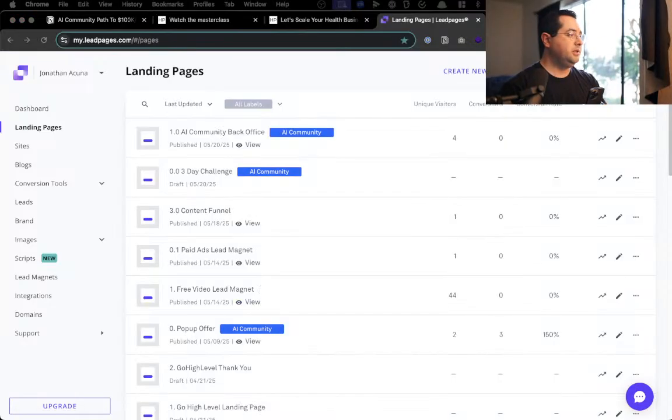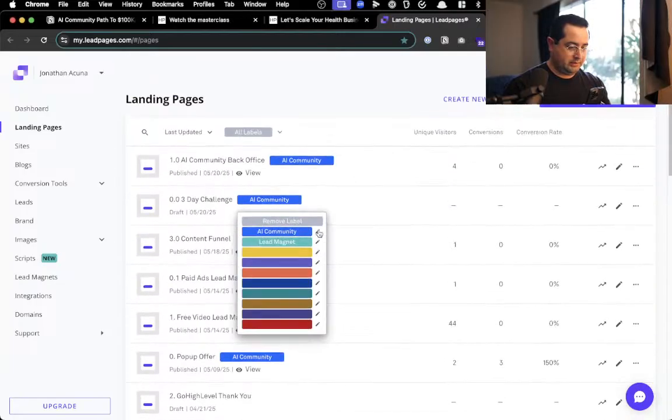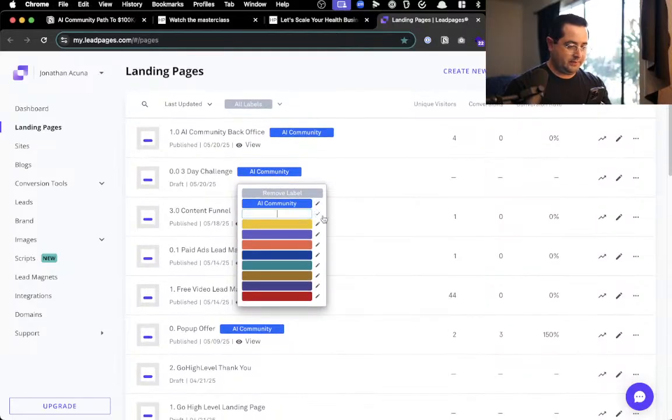Circle post. Circle's having a bad day today. That's okay. Okay, so that's the 3-day challenge. Let's duplicate this. This is going to be a new tab called funnel. I don't need the lead magnet stuff, so we could get rid of this. Remove 3-day challenge. We're just going to put you in this.